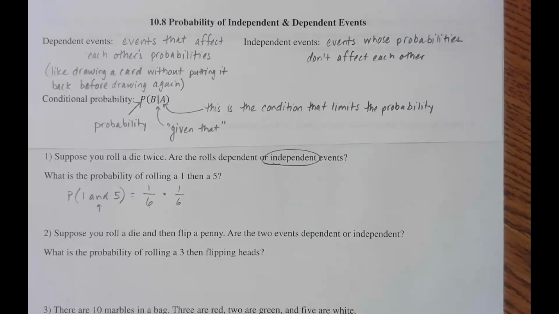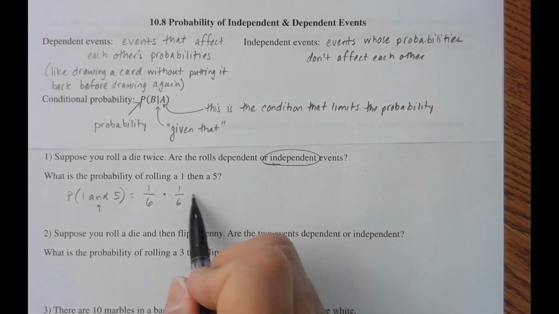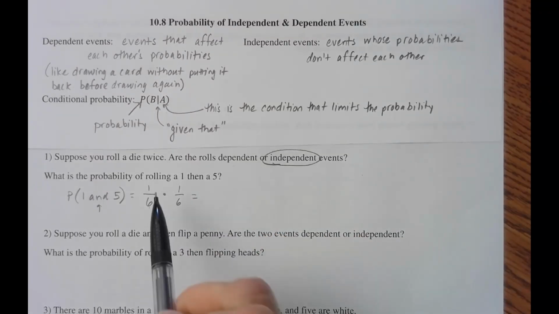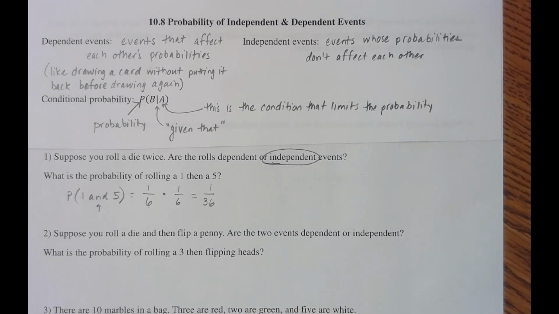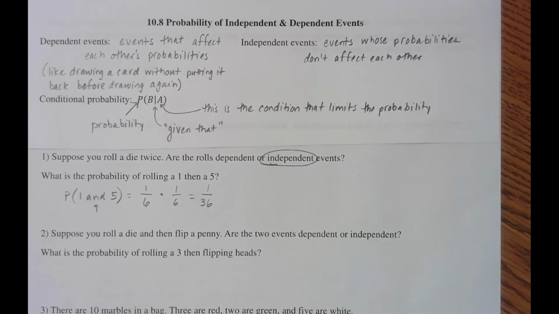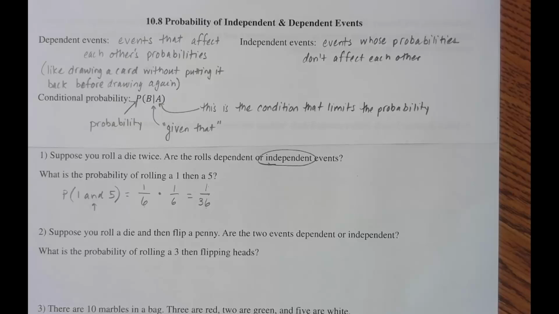I would multiply. When you multiply fractions, just a quick refresher, just multiply straight across the numerator, straight across the denominator. And I'm going to change this fraction probability into a percent because then it will make more sense to talk about. So 1 divided by 36